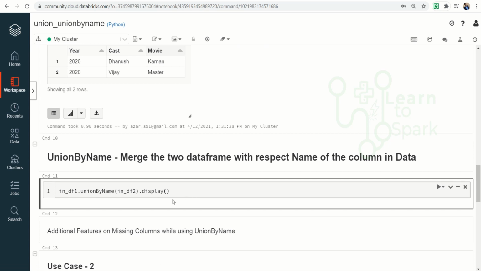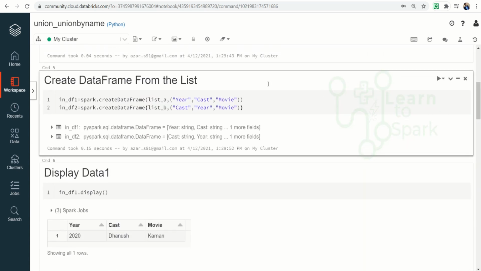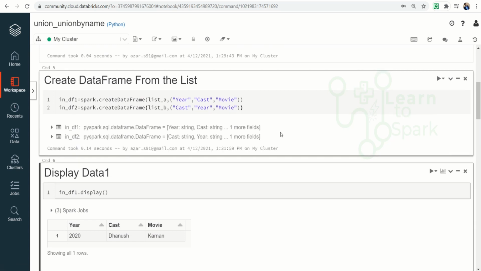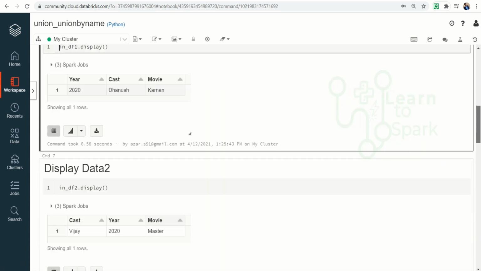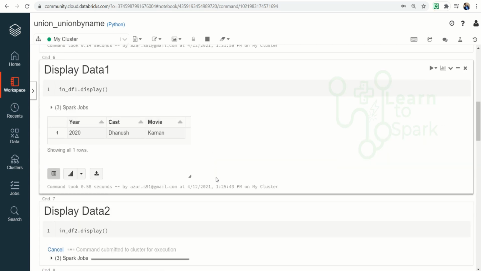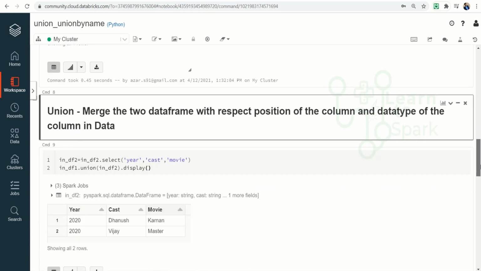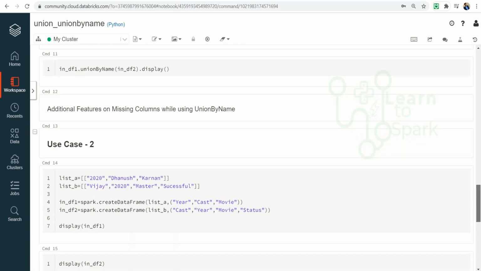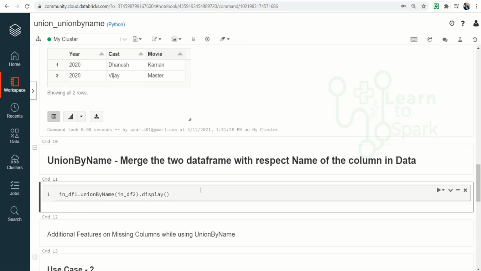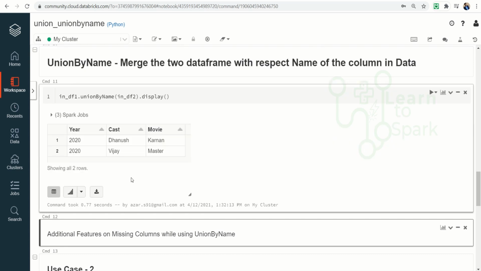So let us see, I am directly now using df1 union df2. Before that, let me execute the first command. Since I have overwritten the df2, let me rerun it. And also I will show you it is still shuffled. So now let me run the union by name. So here you can see, even though the columns got shuffled, union by name will match the column name and then get it in the proper order. So this is the advantage with the union by name.